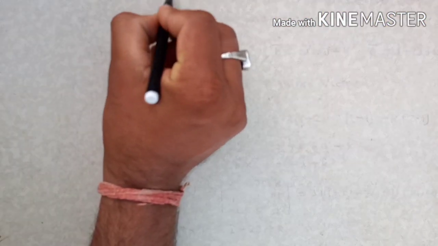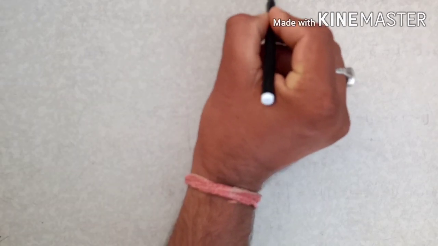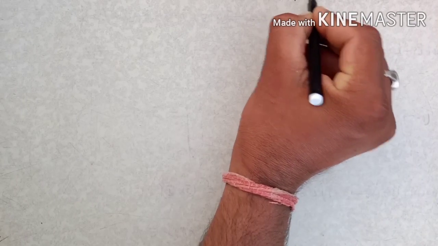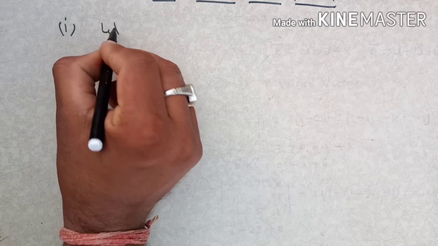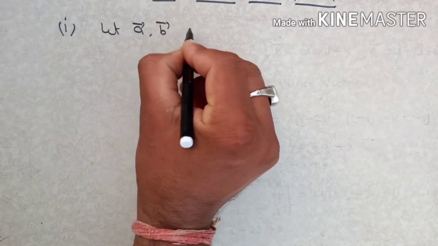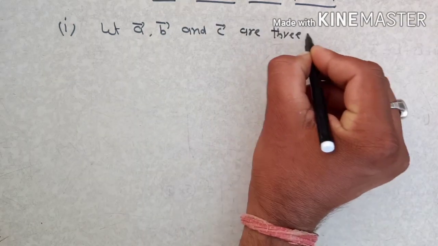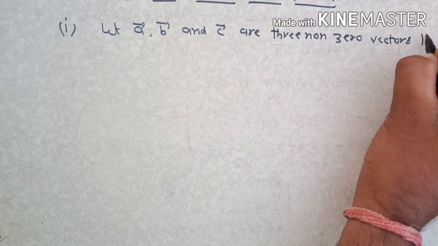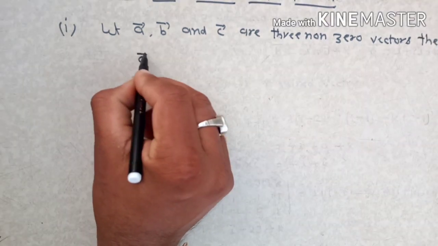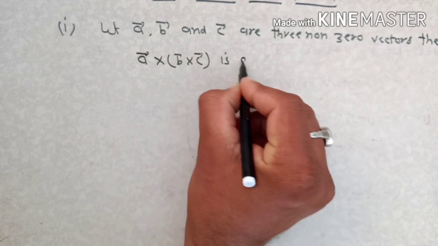Properties of vector triple product. First property: let vector A, vector B and vector C be three non-zero vectors, then vector A cross B cross C is a vector